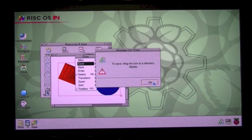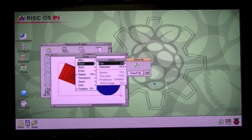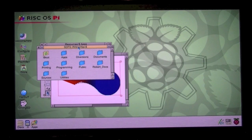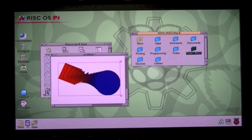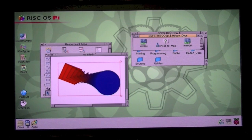RISC OS is a big user of drag and drop. In fact, it was one of the first operating systems to have drag and drop more or less throughout, and it employs it in a lot of places, including for the saving of documents. So if I click on the :0 again to bring up the filer window, you'll see there I have a folder called Robert Docs. So if I double click on that, you'll see I've got a few files in there already,